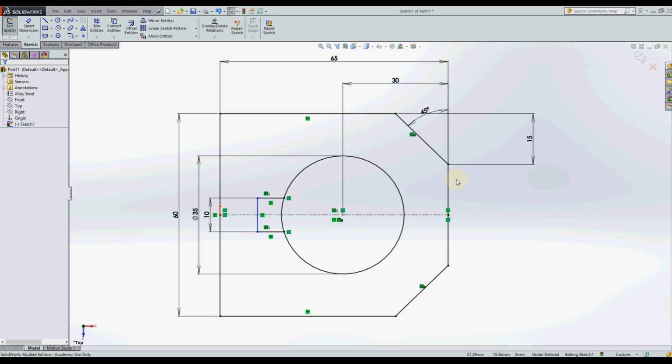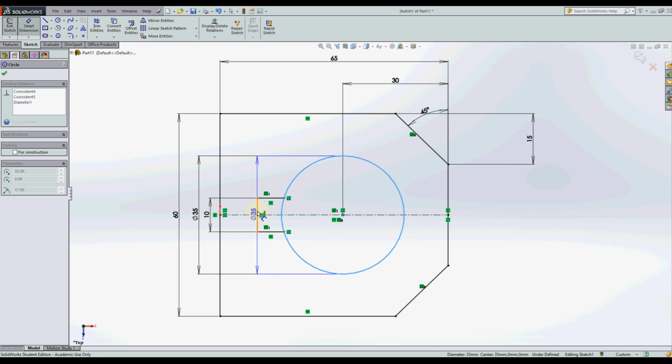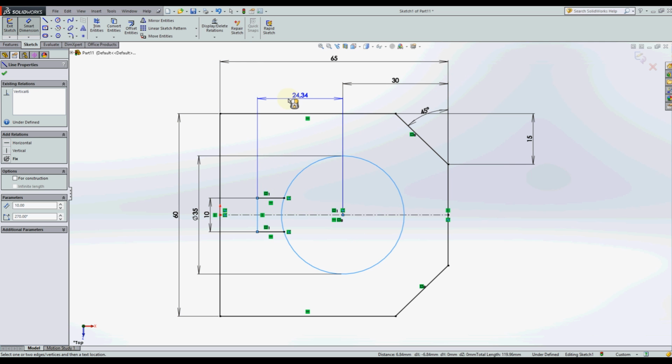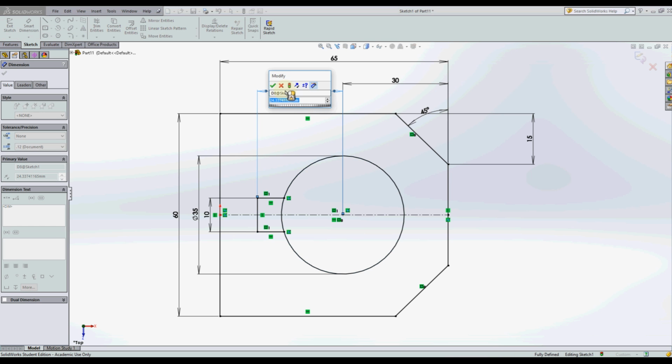To make sure it cannot move left and right, we want to add the dimension of 38.3 as specified in the drawing from the outer edge here to this line here. So we're going to click Smart Dimension, click the outer edge, and select this line. Now what happens, SolidWorks automatically gives the dimension from the center of the circle to the outer edge. No problem, just put it down, select whatever dimension is given,